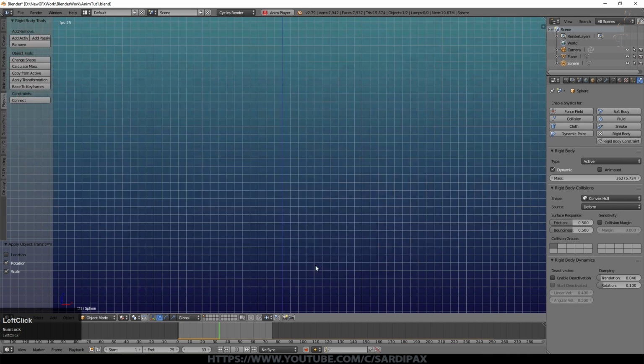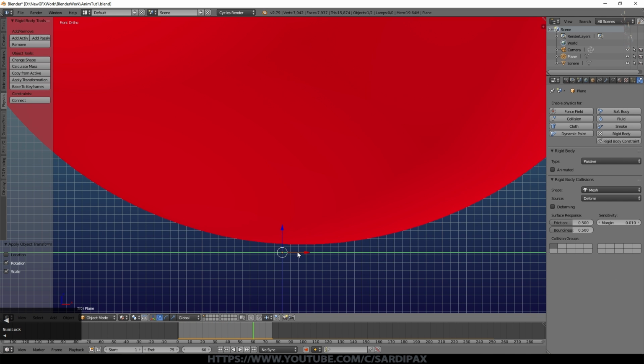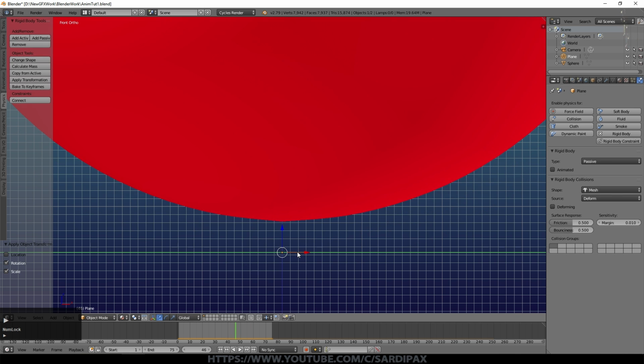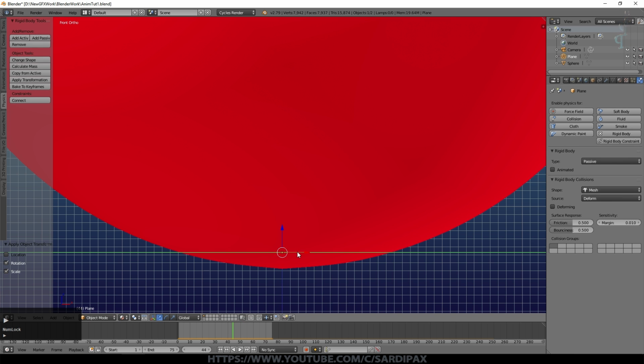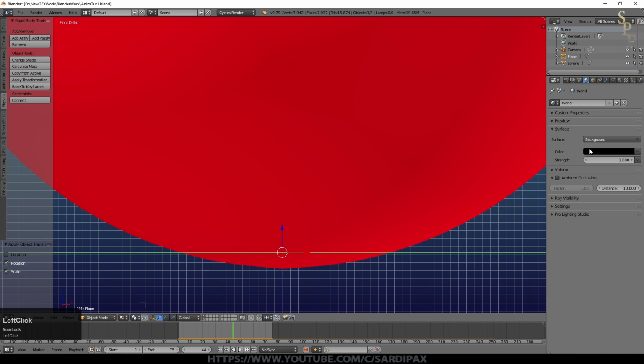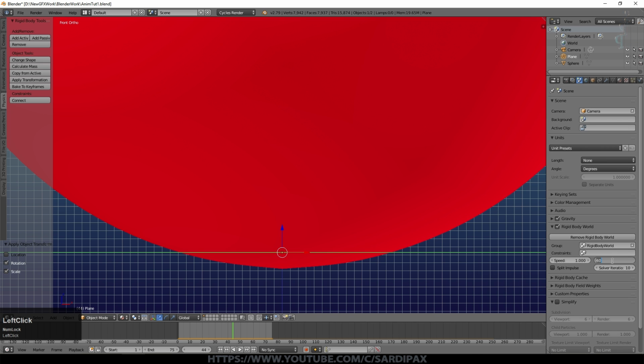And we start it again, and we can see now that it's hovering, it's all settling slightly above the surface. But we're still getting that problem of it going through the object. So if we go back to our scene settings, and let's put the steps per second up to 120.